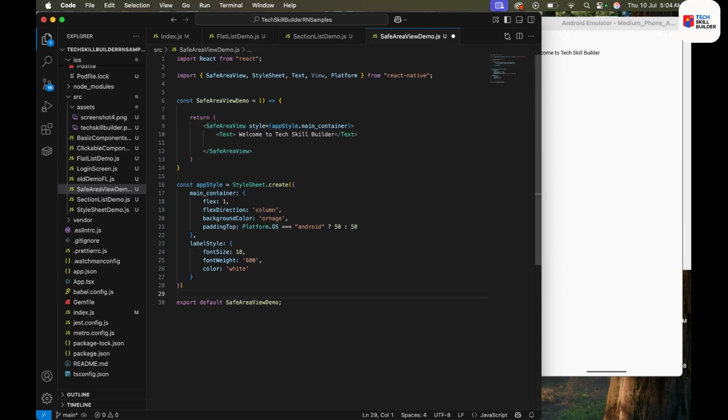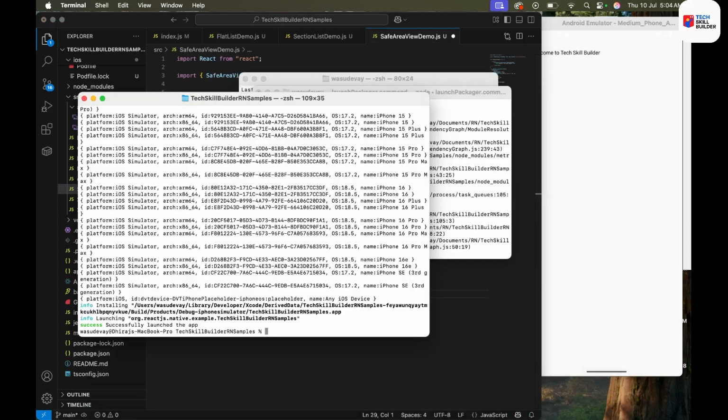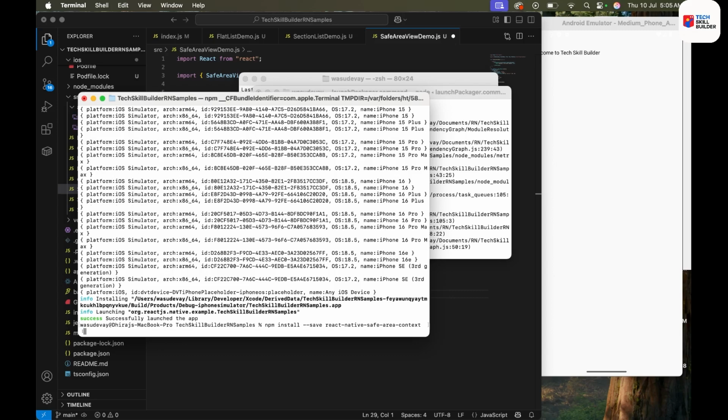So let's try to install that package, React Native. So what is the command? How to install the packages? npm install --save react-native-safe-area-context. Okay,